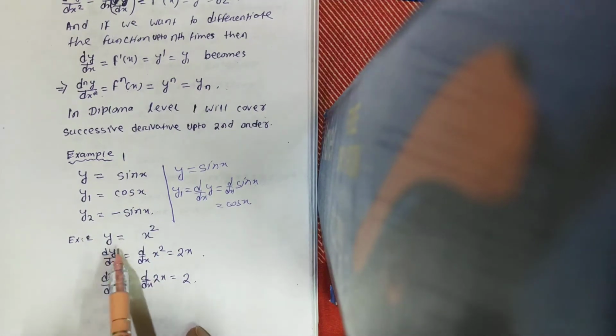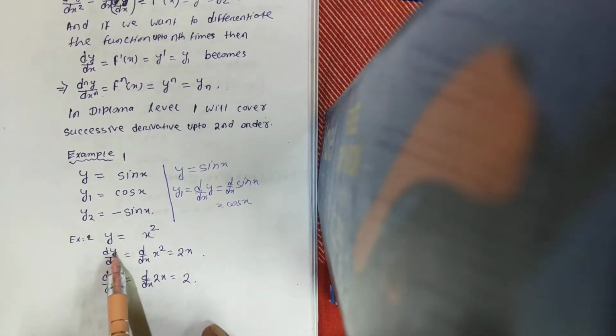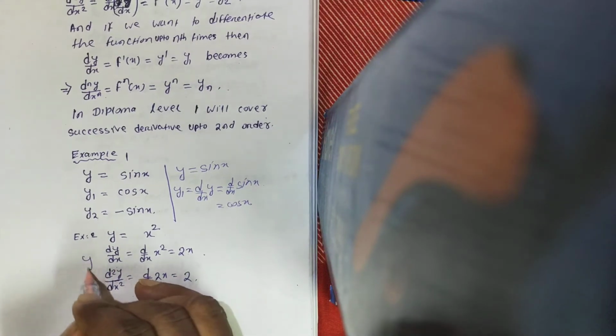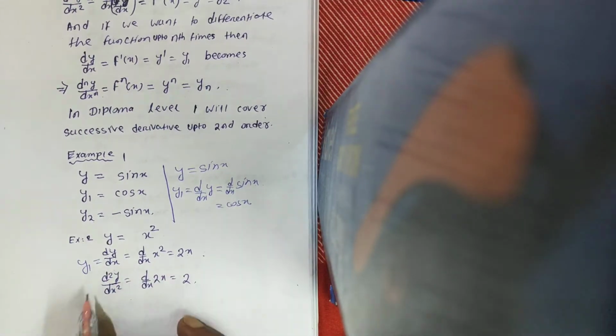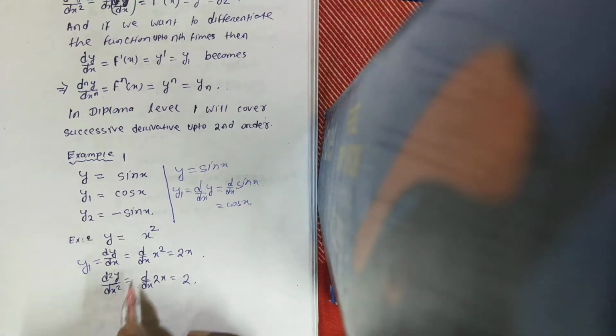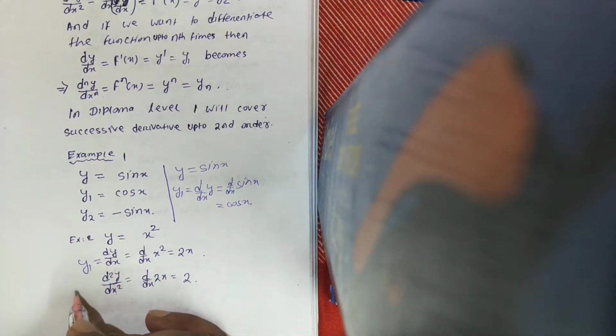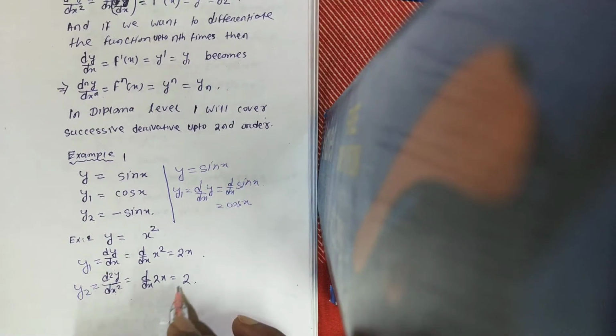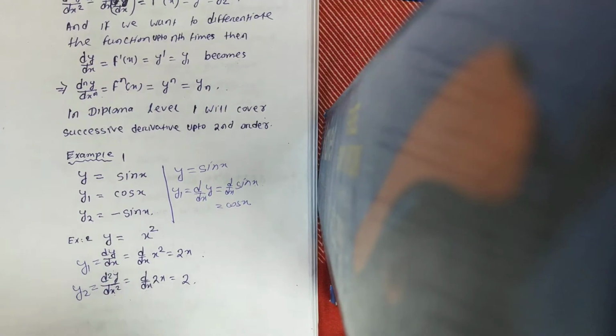Similarly, second example I am giving here, y is equal to x square. dy by dx, that means y1, is equal to 2x. d square y by dx square means you again have to find the derivative of dy by dx, and that will be symbolically used as y2, that is the derivative of 2x, that is equal to 2. So this is the basic idea of the second order derivative. That means if a function is given to you, first you have to differentiate that function with respect to x, that is called y1, and again if you find the derivative of y1 with respect to x, then we will get y2, and that is known as the second order derivative.